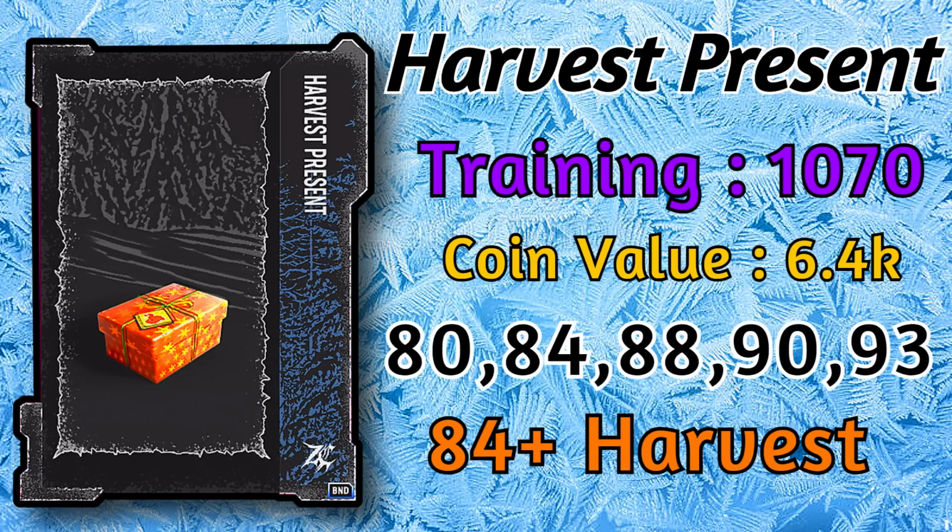However, if it is an 84 plus harvest, which I do think it is, it actually becomes one of the best return rate training, considering an 84 overall going for the low 900s in training. You're only going to lose about 100 to 150 training when you pull an 84, and eventually when you do hit that 88 and that 90, you're going to technically get more training value back when it comes to the present. So 84 plus harvest, surprisingly, actually has a really good return rate when it comes to training